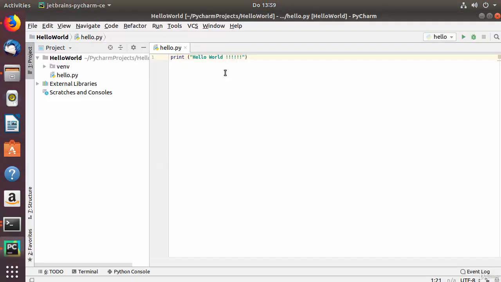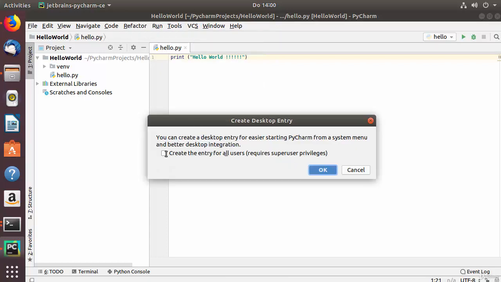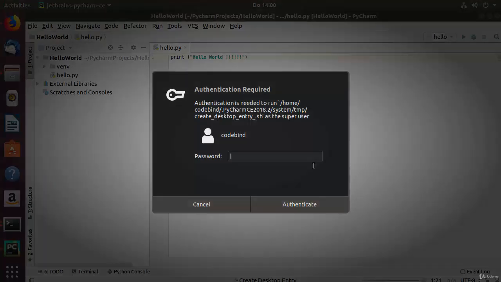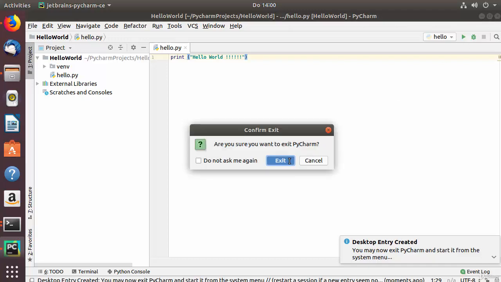So once the PyCharm is restarted, what you need to do is you need to select this option which says tool, and then select this option which says create desktop entry, and now just check this checkbox which says create the entry for all users, and then click OK, which is going to ask for your Ubuntu's password. So I'm going to give my Ubuntu's password and then authenticate. And once you see this message which says desktop entry is created, you can once again close your PyCharm IDE,